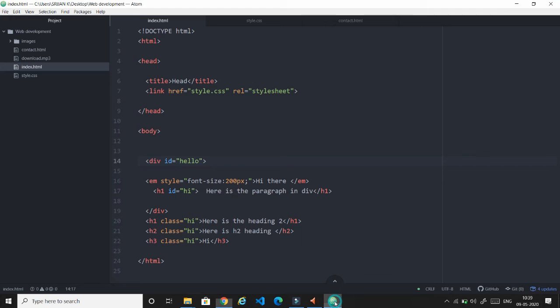So from this experiment we can understand that we can add more than one class name inside the same tag. In a division tag we can choose two or three classes by just providing a space between the class names. But while using ID, we cannot use more than one ID on the same tag. We can only use one ID. We can't use another ID like J. So this is the difference between the class and ID.